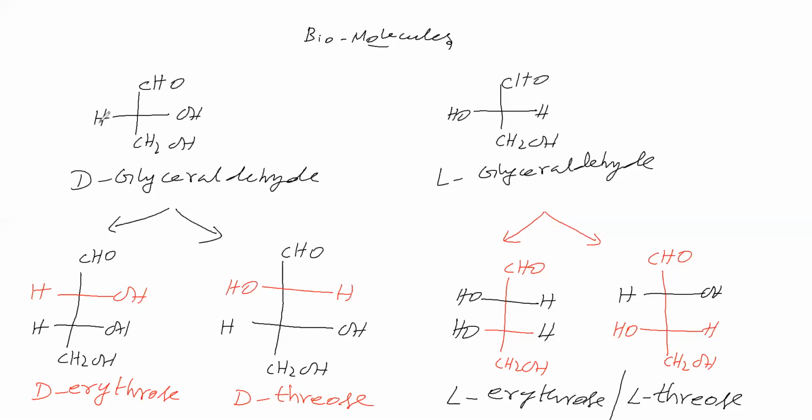So this has an aldehyde functional group and 3 carbons, so these are aldotrioses. In this case, the functional group is aldehyde and the number of carbons is 4. Therefore, aldotetroses we can say. Next we will see aldopentoses. Next we are going for aldopentoses. Now we will take D-erythrose.